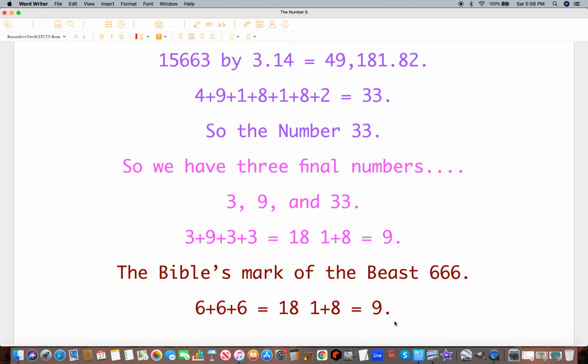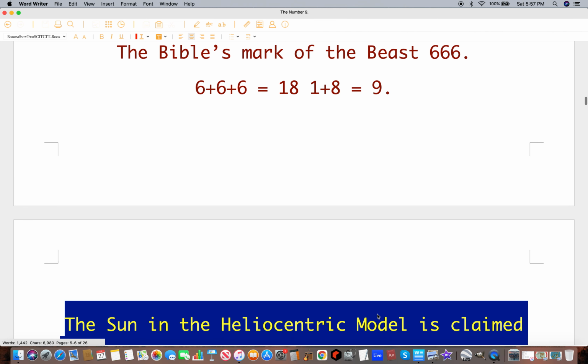1 plus 8 equals 9. So that's also very strange. A lot of people push onto this number and they revere it, and people are into dark things. But it's actually not talking about those 3 6s. It's talking about number 9. A lot of people don't even realize that.